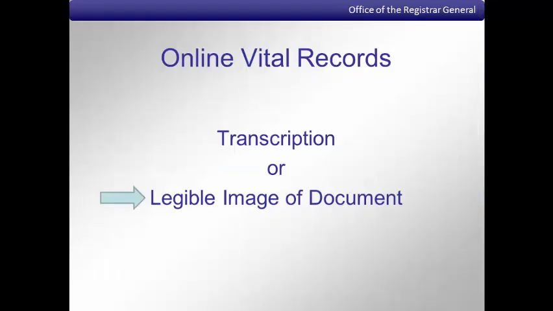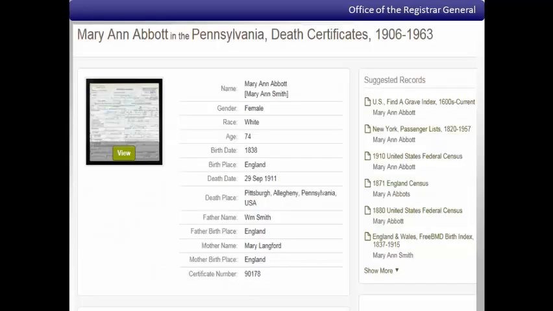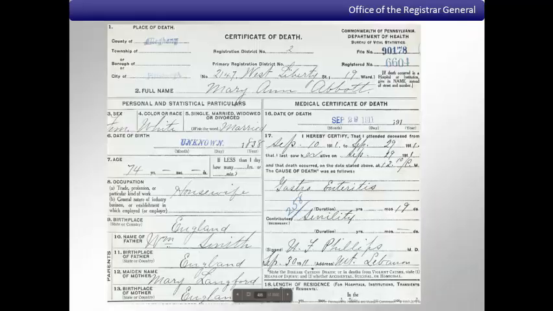When submitting vital records that appear online, an image of the actual record, if available, is preferred. Here is an example of a Pennsylvania death record from Ancestry.com. You can see that there is a transcription, but you can also view and print the actual image. When printing, please be careful not to cut off dates or places, and be sure the result is legible.